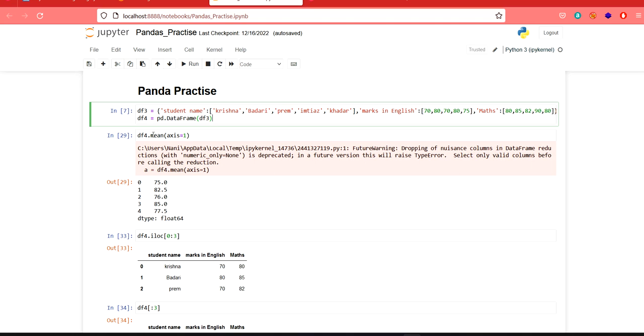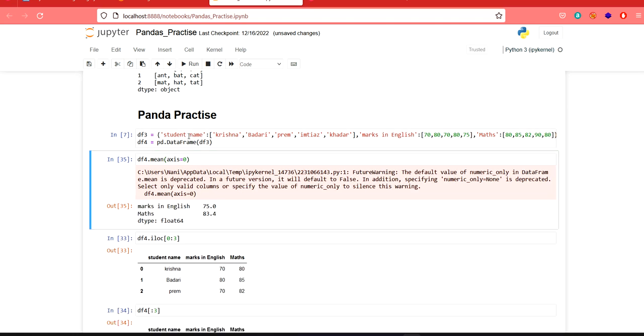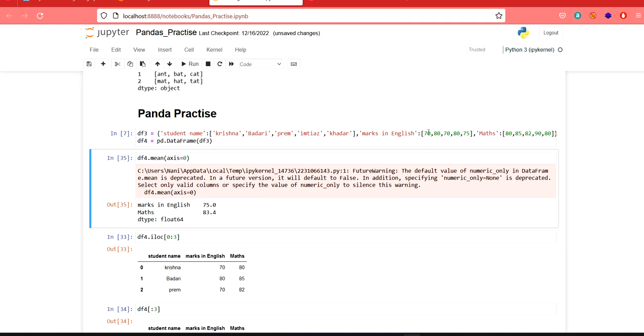So the first one is the mean method, in which we have to ask for the result by mentioning the axis number. So when we give 0, it will print here marks in English average is 75 and mathematics marks average is 83.4. That means it sums all the values in the English list and all the values in the mathematics list, and it will divide separately. For example, in here